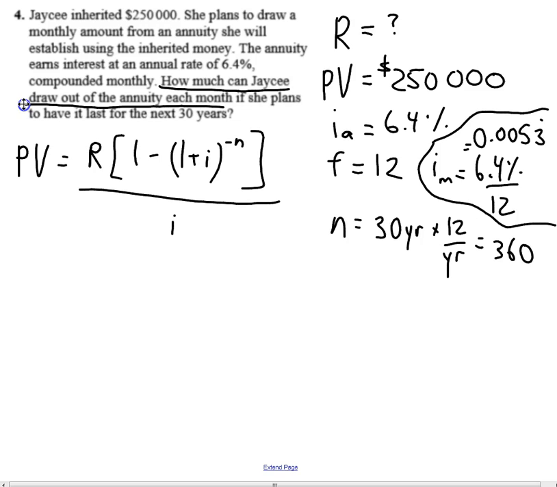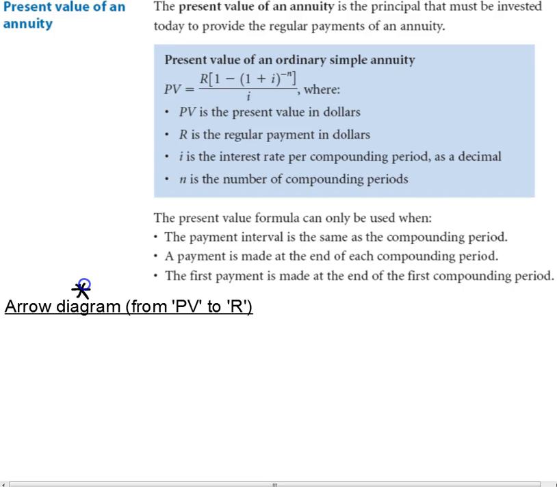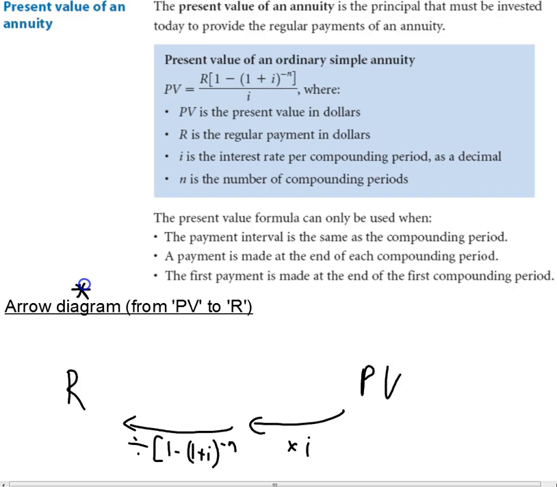Now, looking at putting in our values here, we want to follow the approach that we did earlier with the arrow diagram. To get from present value to R, we saw that we had to take the present value and multiply by i, and then we had to divide by 1 minus (1 plus i) to the negative n. So those were the steps, if you recall, that give us the regular deposit or regular payment or regular withdrawal